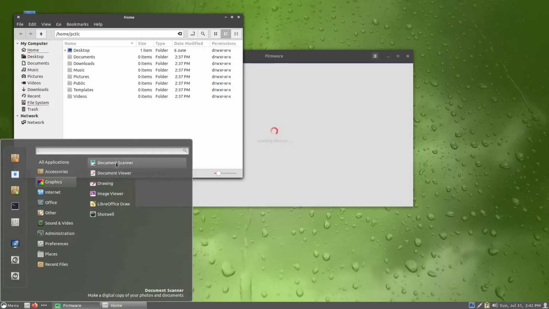Graphics, we have Document Scanner, Document Viewer, Drawing, Image Viewer, LibreOffice Draw, and Shotwell. Internet, Firefox ESR, Pigeon Messenger, Thunderbird, and Transmission. And under Office, we have some HP stuff there. LibreOffice Calc, Draw, Impress, and Writer. So probably a full Office suite there. We have Snapper GUI